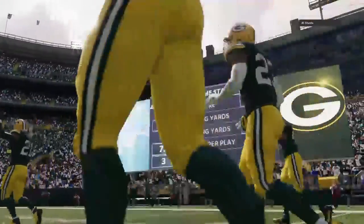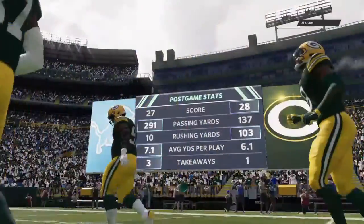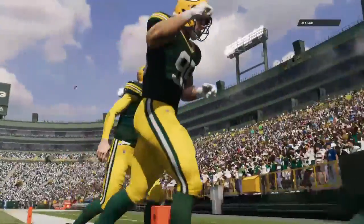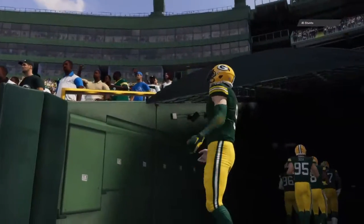So for the Packers, the win moves them to 8-7 now on the year. And they'll get to stay home again next week as Washington comes to town. Meanwhile, for the Lions, they're guaranteed now a sub-500